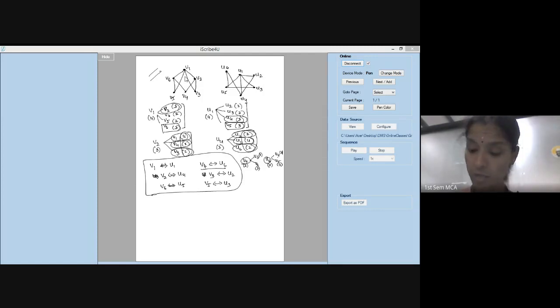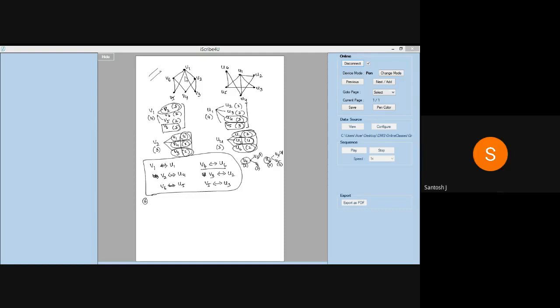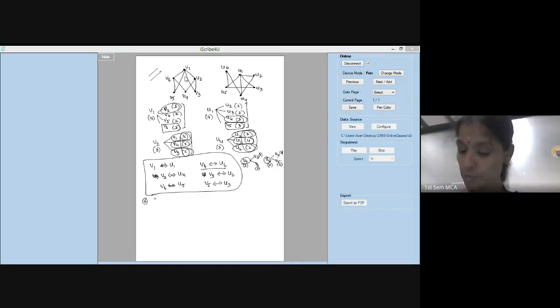Clear? So the next property we go in for is edge preserving. Once you do this vertex preserving, the rest is all easy. Edge preserving is quite simple. List out all the edges of G1. Since you have already said what the equivalent vertices are, you should only match them with respect to G2.